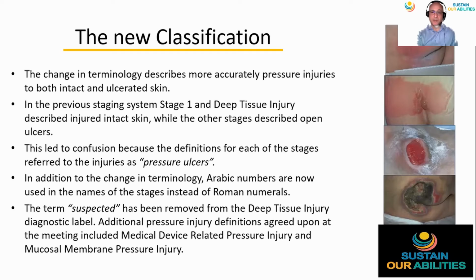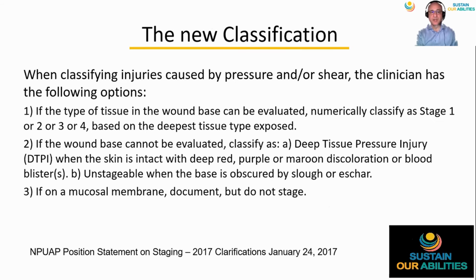Additional pressure injury definitions agreed upon at the meeting included medical device-related pressure injury and mucosal membrane pressure injury. When classifying injuries caused by pressure and/or shear, the clinician has the following options. First, if the type of tissue in the wound base can be evaluated, numerically classify as stage 1 or 2 or 3 or 4 based on the deepest tissue type exposed. If the wound base cannot be evaluated, classify it as: